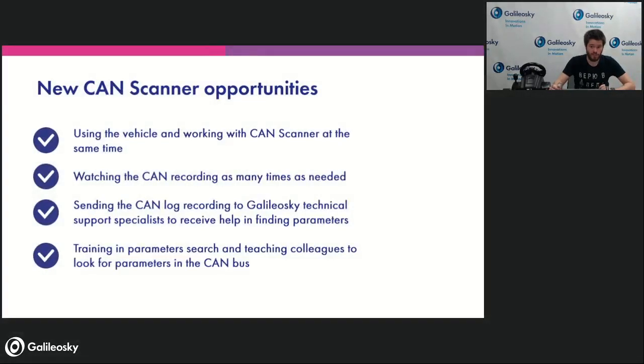So this all is available using the new CAN logger function that is actually already available on the CAN scanner tab in the Configurator program, in the settings tab. So what is this new functionality and what can it help to do? You can use the vehicle simultaneously while working with the CAN scanner, so there's no need to have the tracker connected to the vehicle, accessing the CAN scanner tool and reading the CAN bus locally using a USB connection. You can do it all